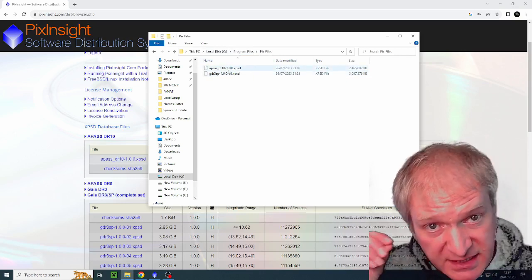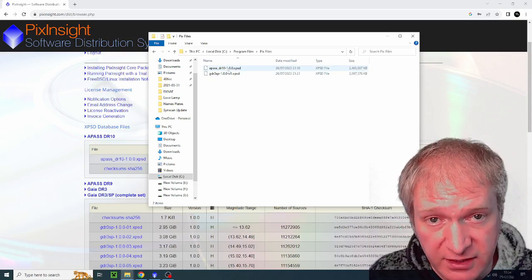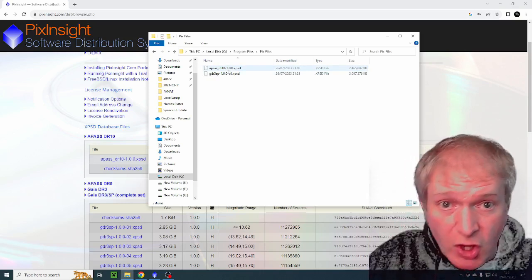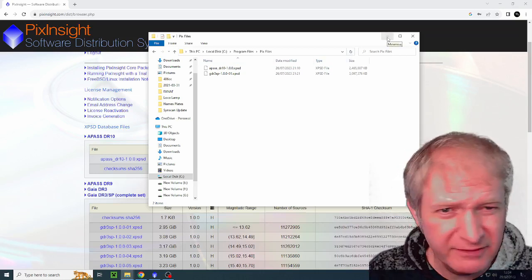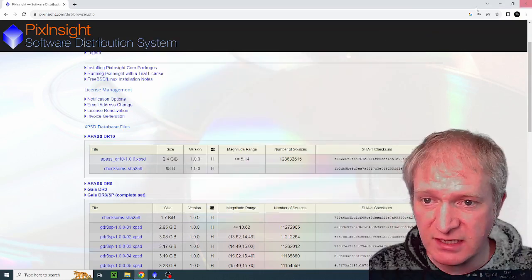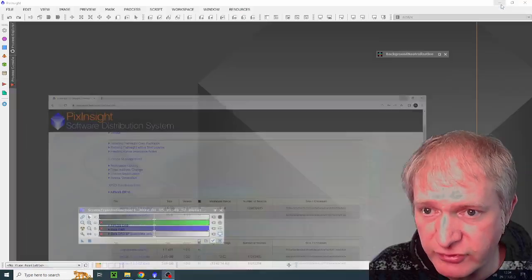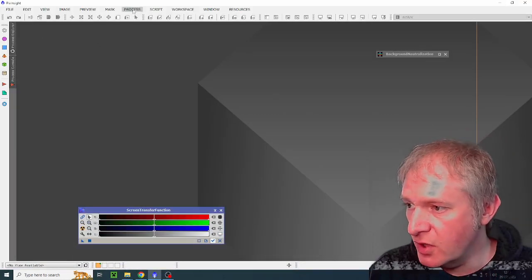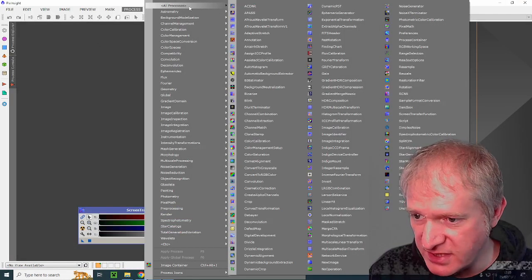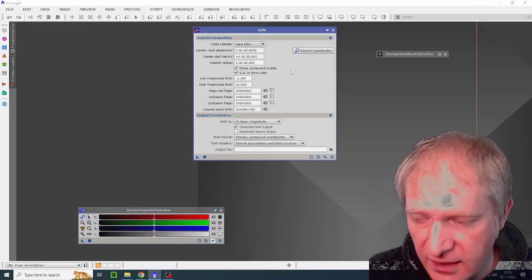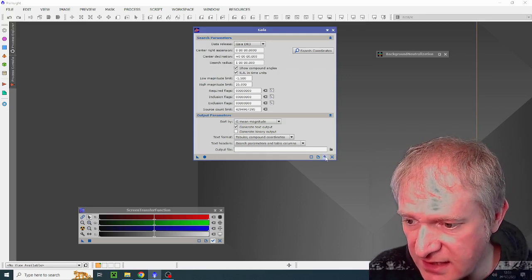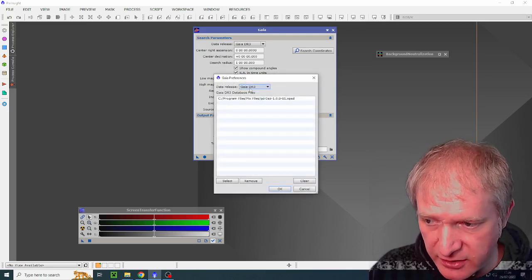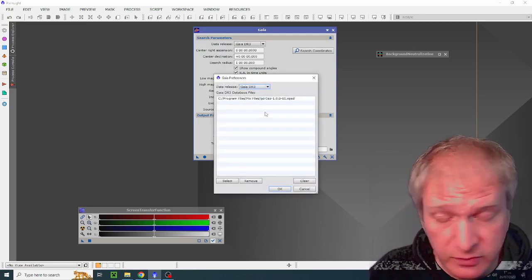And then in PixInsight, you have to configure your software to know where they are, which is kind of obvious, but I failed miserably to do this, so I'm going to do that now. I've actually done it, but I'll redo it. So if we go into processes, all processes, and go to Gaia, this is where you access the Gaia catalog. And if you go to the little spanner for the Gaia DR3 to point at that file which I downloaded,